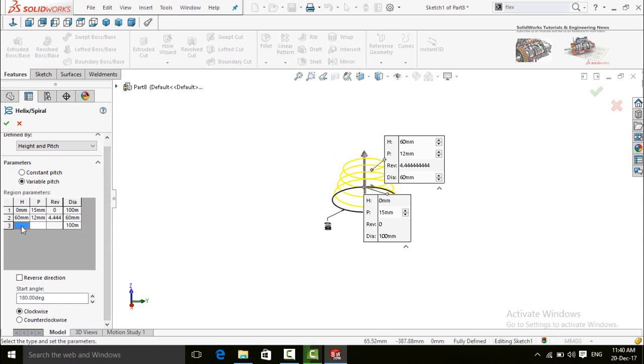The option 3, at the height of 100 millimeter, pitch of the circle is 8 millimeter and the diameter of the circle is 20 millimeter.